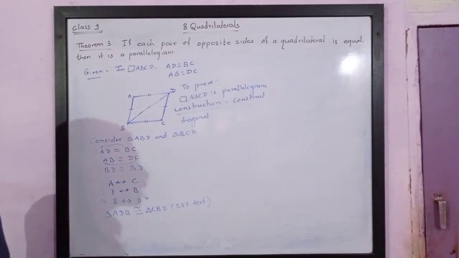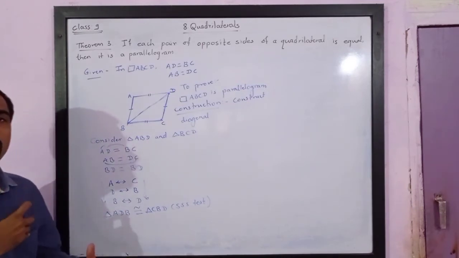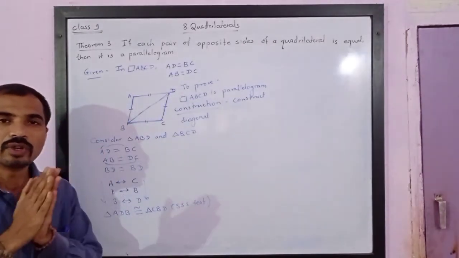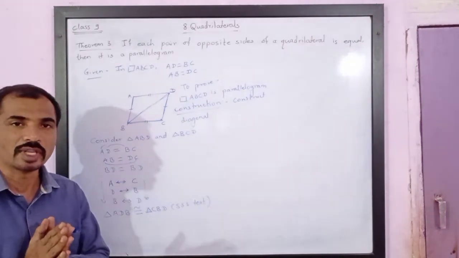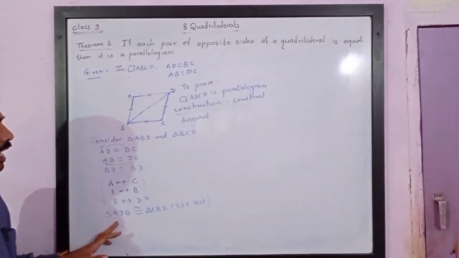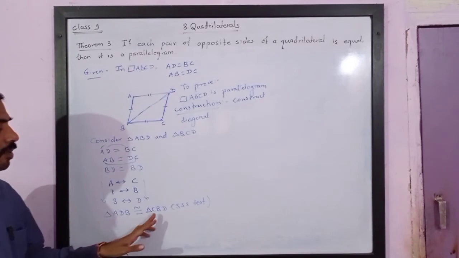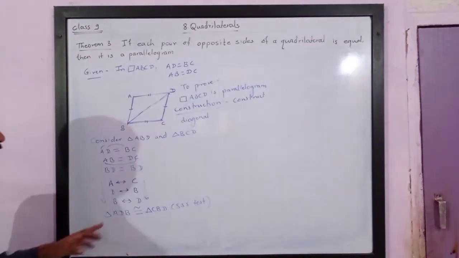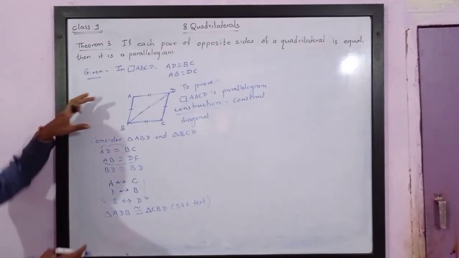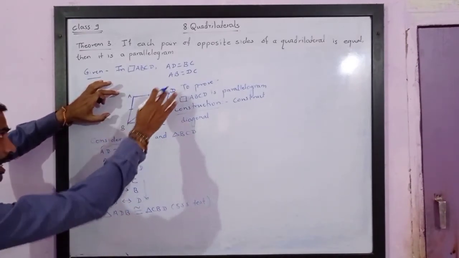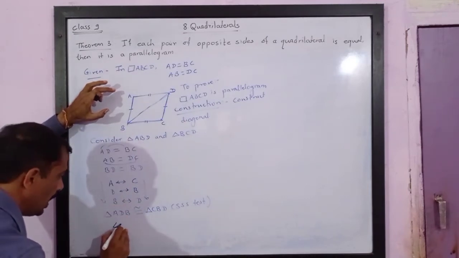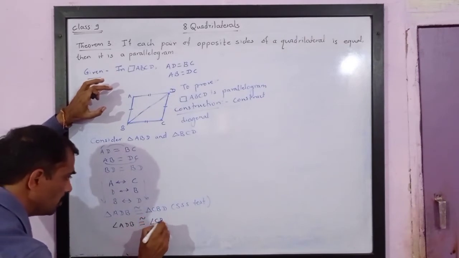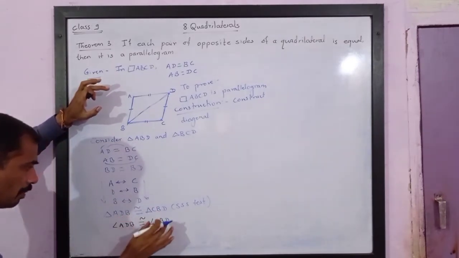Now, if two triangles are congruent, we have already studied in an earlier chapter, if these two triangles are kept one above the other, their corresponding sides will coincide with each other and corresponding angles will coincide with each other. It means angle A corresponds to angle C, angle D corresponds to angle B, angle B is congruent to angle D. So if you want to write with three letter names, I will get angle ADB is congruent to angle CBD. Watch carefully. I have taken the same name.